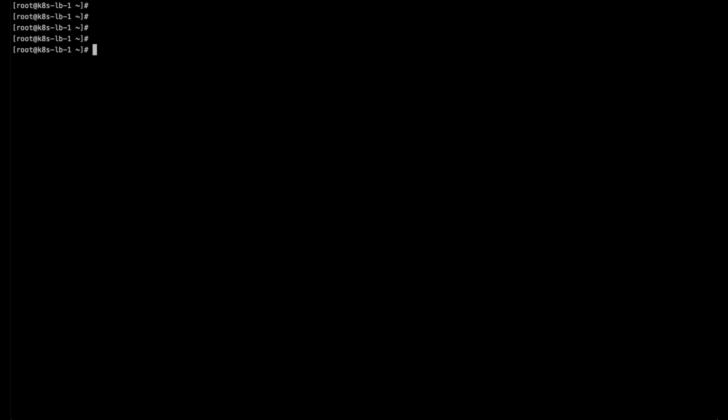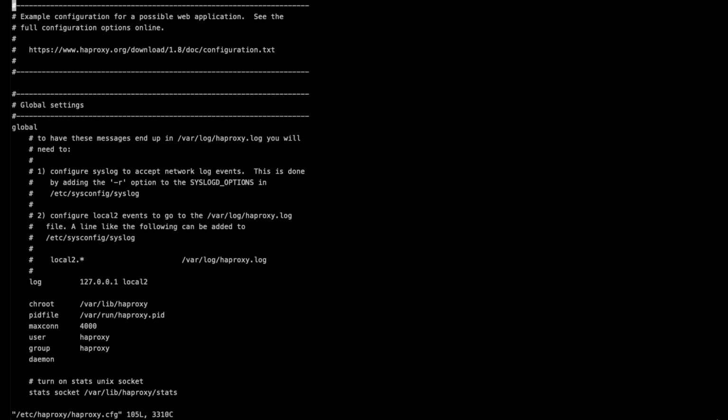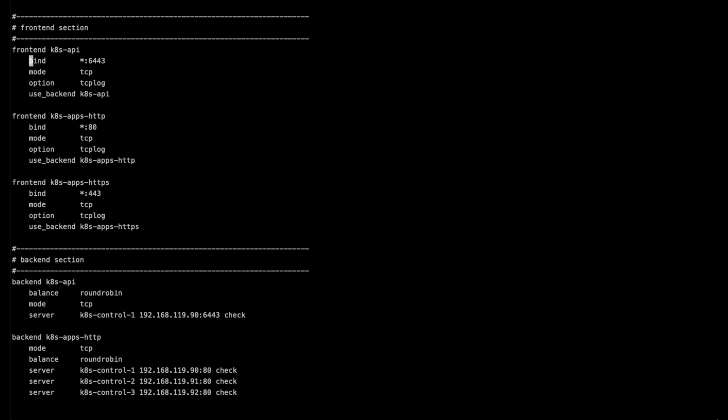As we said earlier, we need a load balancer in place to balance the request to the Kube API service. So we have deployed a new virtual machine which runs an HA proxy. This is how we configure the HA proxy, but basically we set up 3 frontends and 3 backends. That's because we want to balance both HTTP and HTTPS traffic for our applications, and naturally for the Kube API